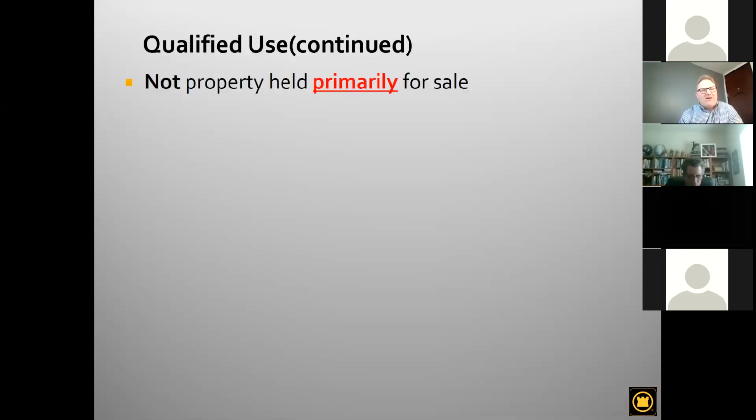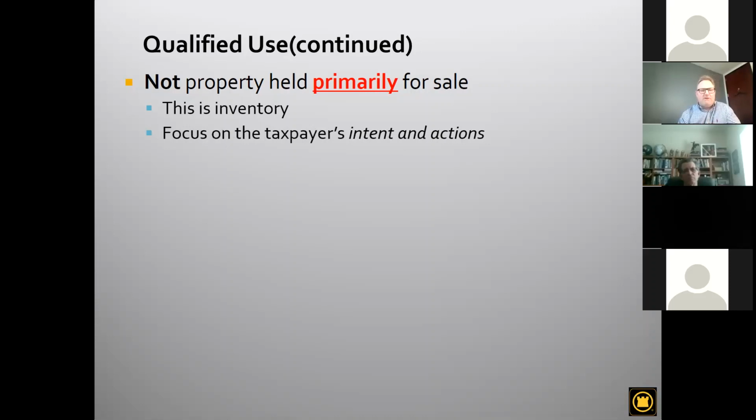But what it is not, though, is it's not properties that are held primarily for sale. So, properties that are held primarily for sale would be considered inventory. So fix and flips of any sort, whether it be residential or commercial, do not qualify for 1031 purposes because they are property held primarily for sale. Now, what does the IRS look at to determine if a property is held primarily for sale? They will look at the intent and the actions of the investor to determine if that property is held for investment or held primarily for sale. And if we're talking about a fix and flipper, obviously their intent is to buy the property, fix it up, and sell it. And again, it is property held